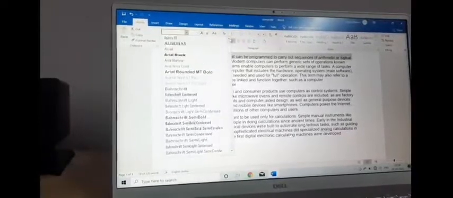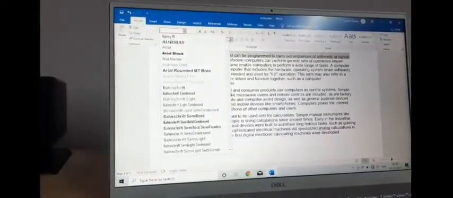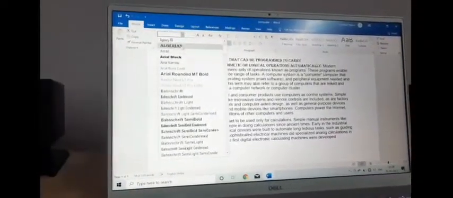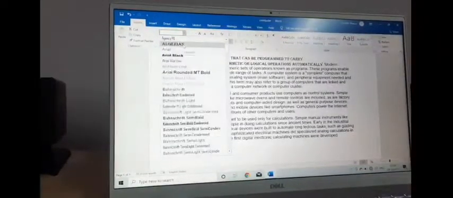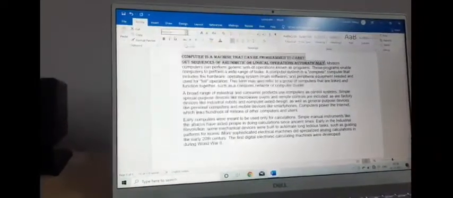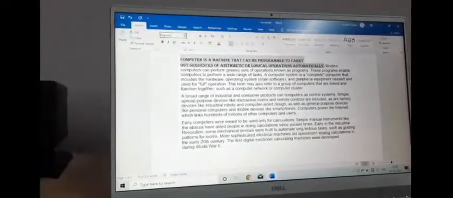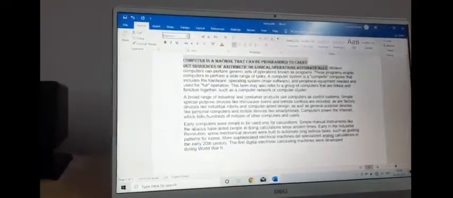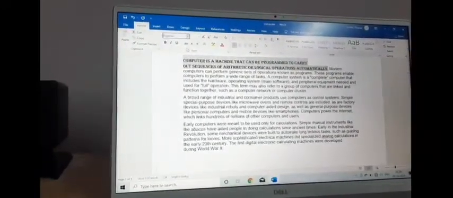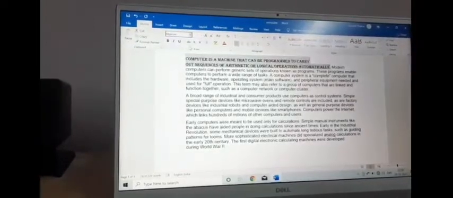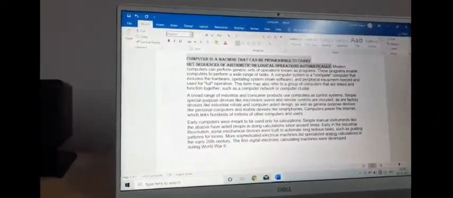Okay, this is font. Font means writing style. So I am picking this one right now. Okay, if I click on this, you can see your selected text will appear in that font. So this is how you can change the font of the text.